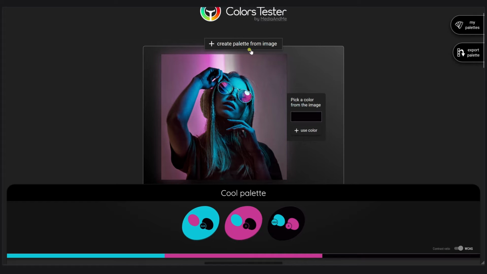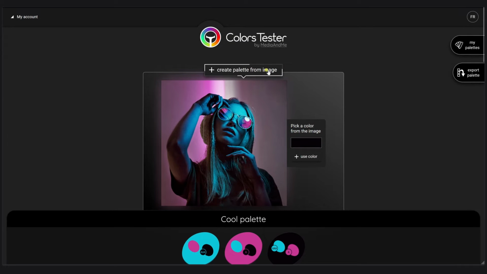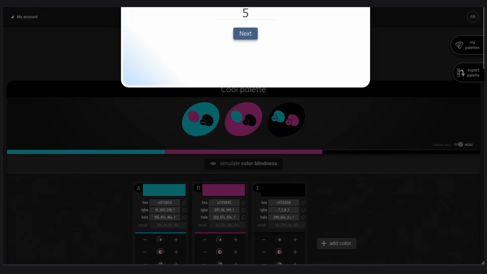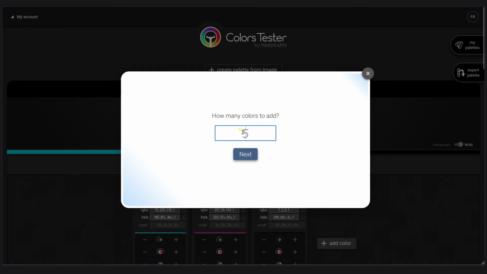I can restart the same exercise, and what is even more interesting here is that I can also choose to have automatically generated colors. So let's choose to have 7 colors. I want to keep the current palette? No, still. Let's see how it gets out.